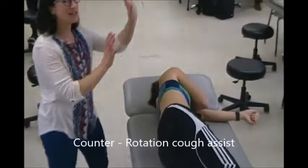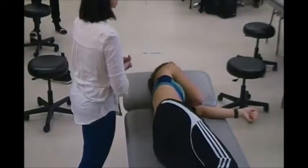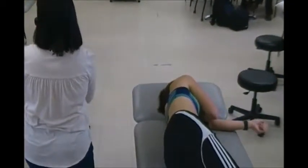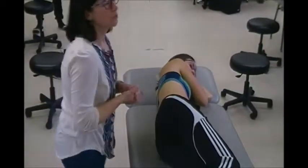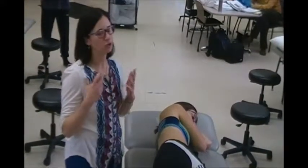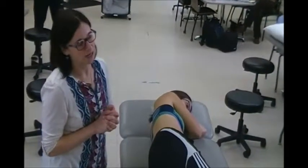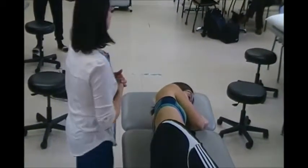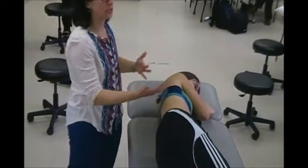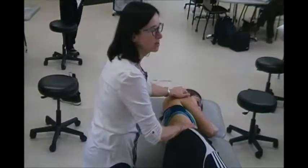Okay, so this is technically assistive cough technique. This is the only technique you can do with someone who's in a coma. Okay? Yeah, no one has to follow a direction or anything. You don't even have to time breathing or coughing or anything. What I usually see it used for is a patient with a pretty significant brain injury. Brain injury is going to be what I'm going to go for because that's the only population I've really used it with. But if they're kind of that Rancho 2, Rancho 3, I can do some general mobilization, like just